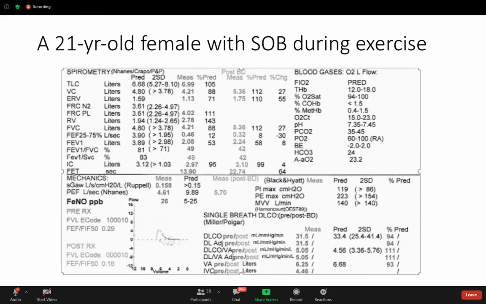What's BD mean? Someone says after BD. Okay. Yes, after bronchodilators, absolutely. So those individuals, after finishing the initial test, we'll give them bronchodilator like Ventolin to see